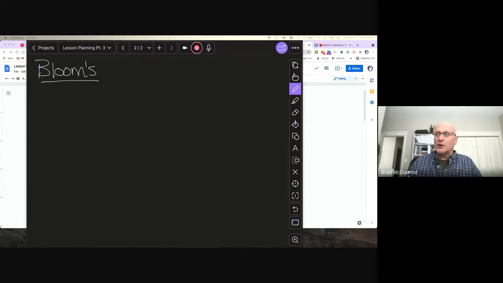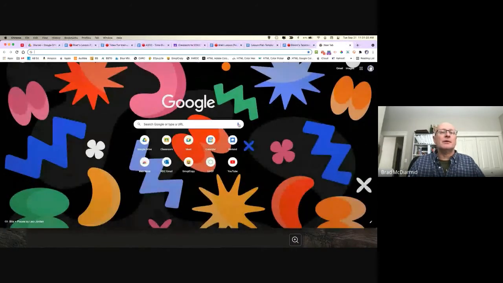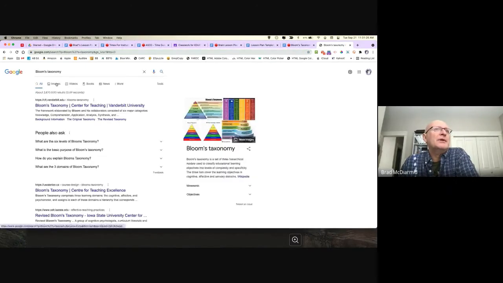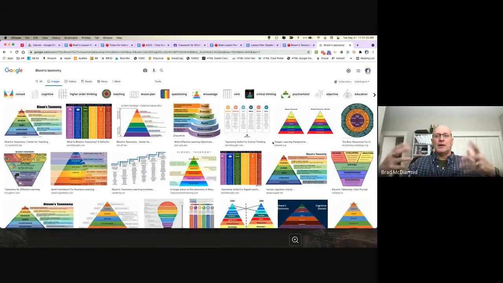Okay, so Bloom's taxonomy. Most of you don't know about it, so let's learn. If you were to Google, or search whatever search engine is your preference, Bloom's taxonomy right now, and then did an image search, and let's actually do that for 1 second here. I'm just gonna show you. Bloom's taxonomy. Okay, and we did images. As you can see just on that screen, it is represented